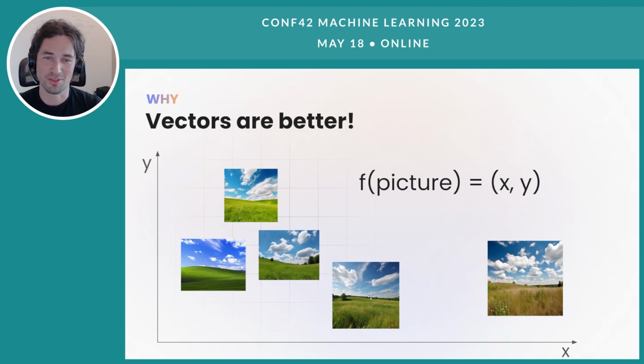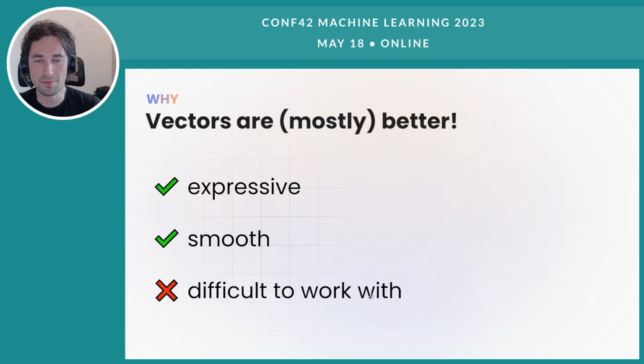And this kind of resolution and nuance is what words, or any sort of structured data, are basically lacking. And this is why a vector representation is closer to the truth in a way. And so, just to summarize, the reason vectors are useful is they're expressive, right? They allow you to capture differences between things that you cannot otherwise express. They're smooth, so things that are close by in the vector space are gradual,